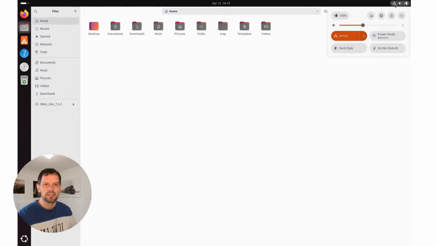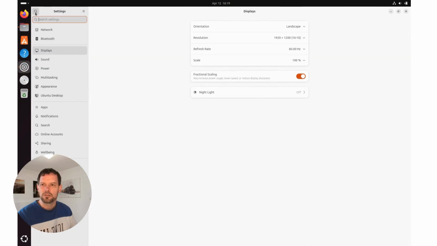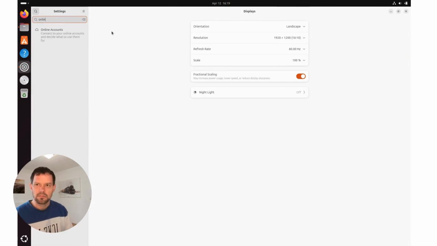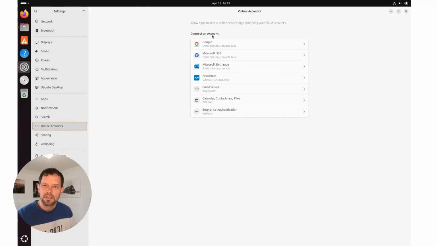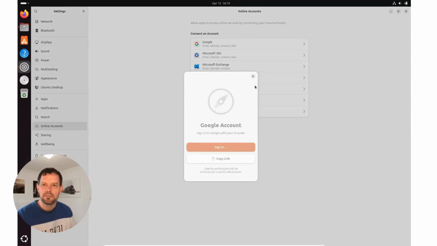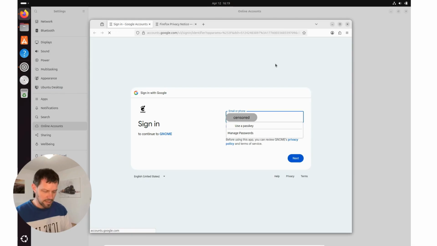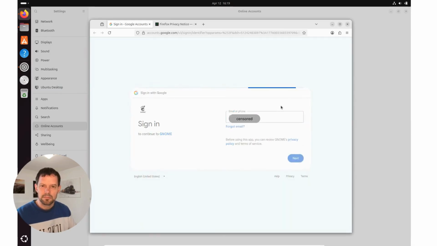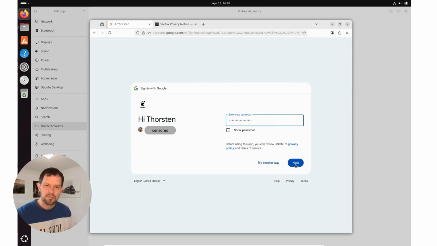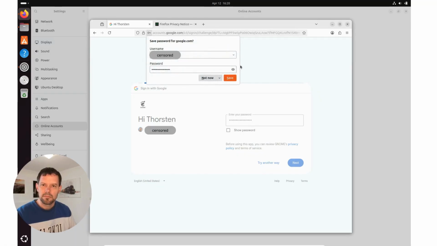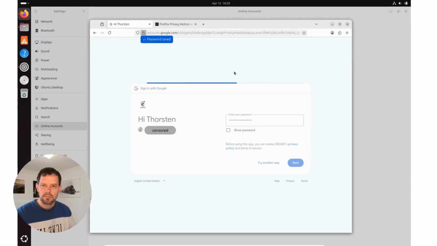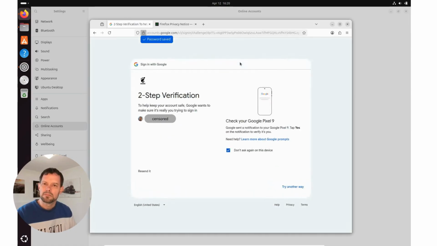You go to Settings, search for Online Accounts, select Google, sign in, enter your email address, enter your password, you confirm that you are signing in,